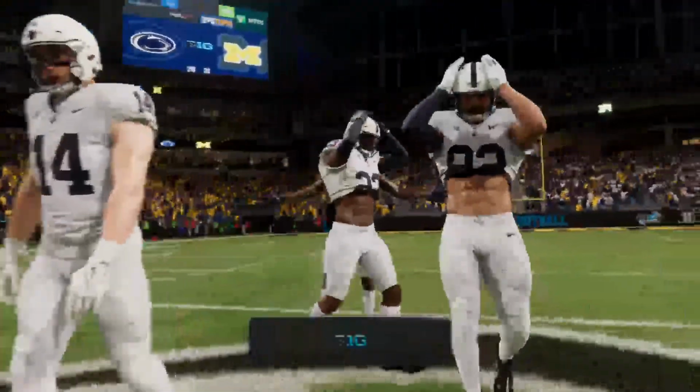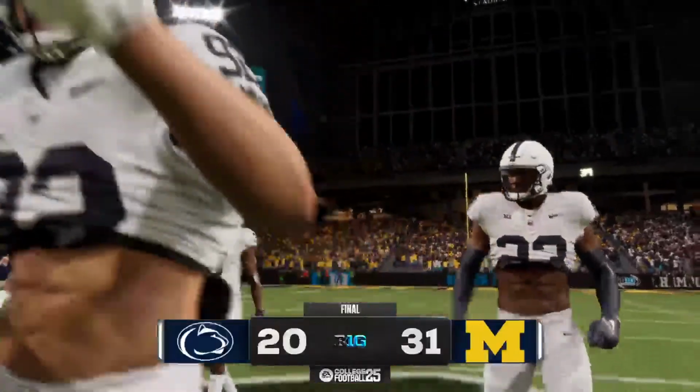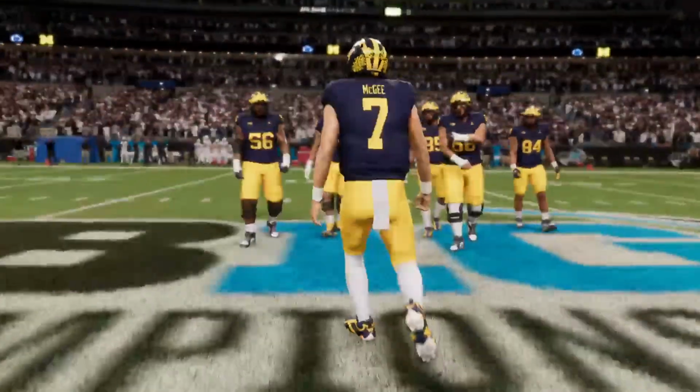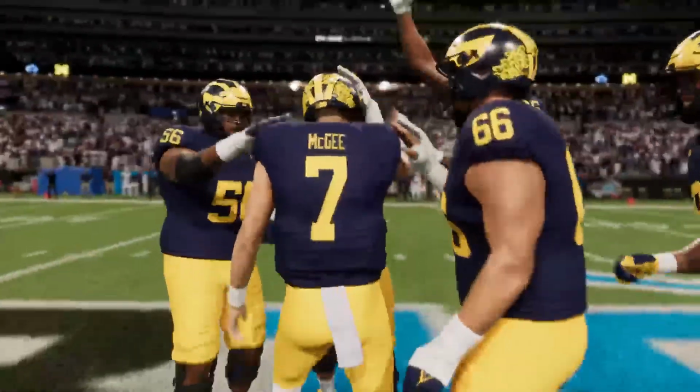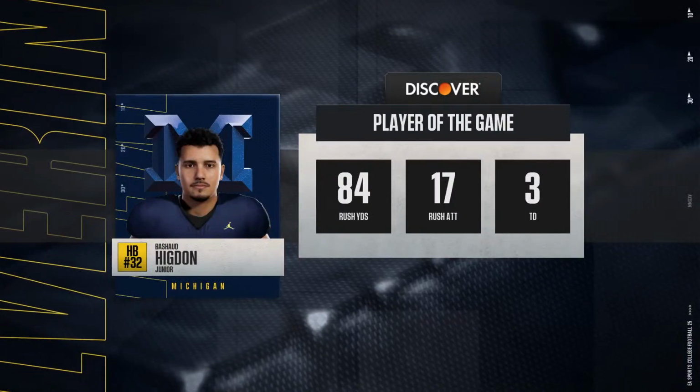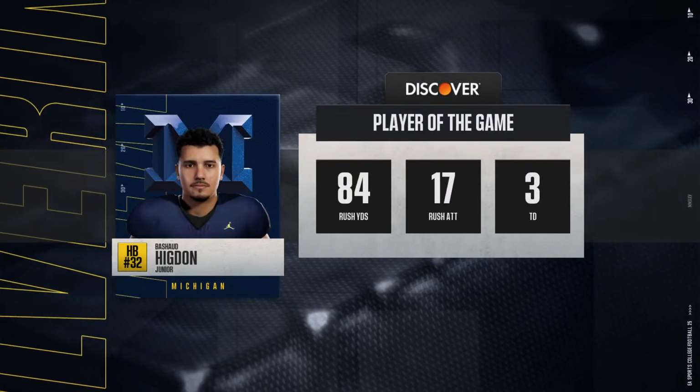It's always a special year when, after all of the work you put in, you can call yourselves champions of the Big Ten. And now with the playoff spot locked up, the spotlight gets even brighter. We're going to find out where they're going to be playing as they continue to pursue a national championship.